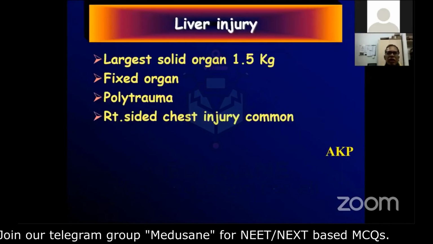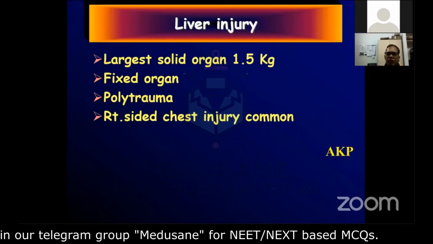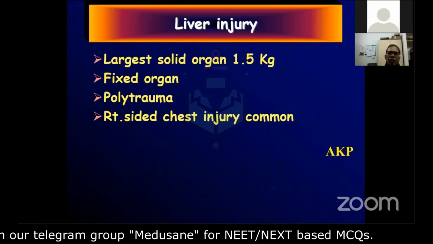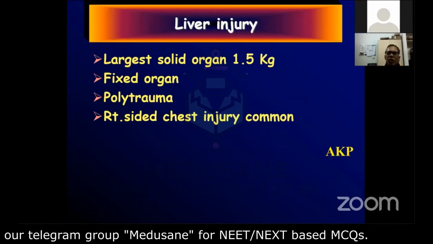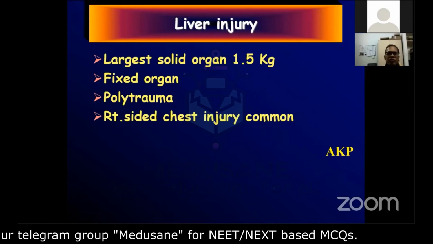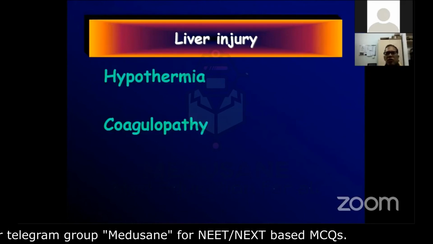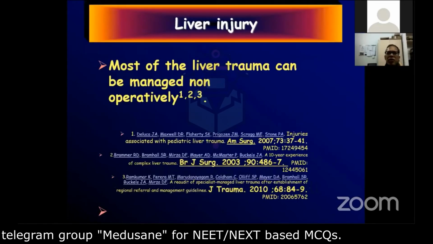Must remember, it is the largest organ in the human body, 1.5 kg approximately. Fixed organs are more prone to injury, mobile ones are less prone to injury. It is common in polytrauma. Right-sided chest injury is very common along with this. The major problems are hypothermia and coagulopathy. Most of the liver can be managed